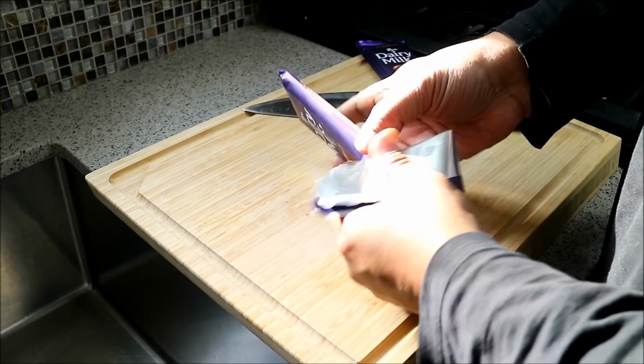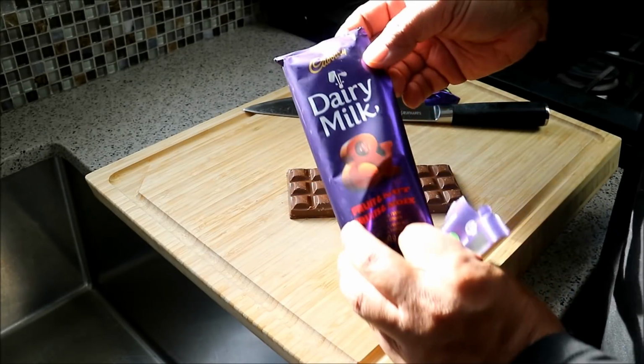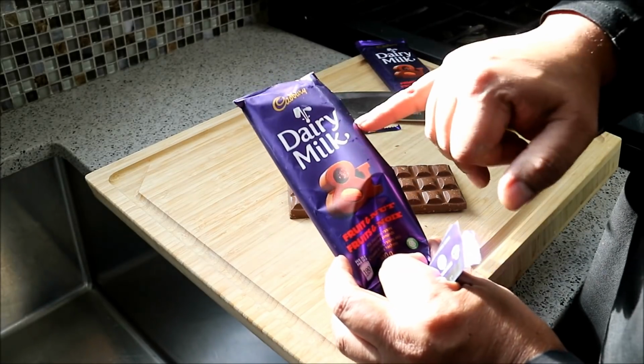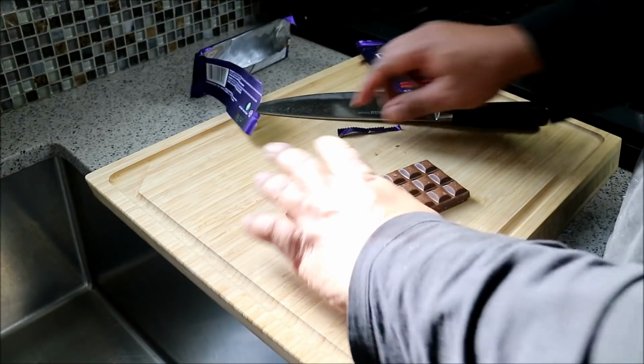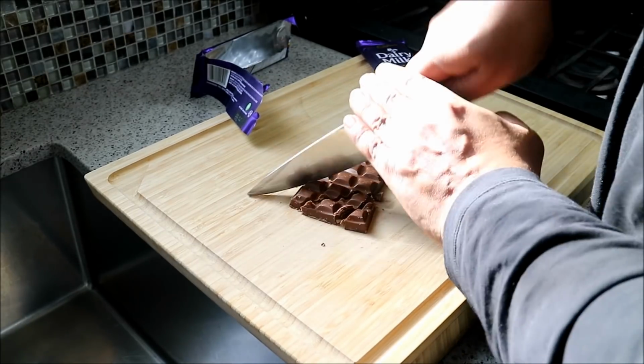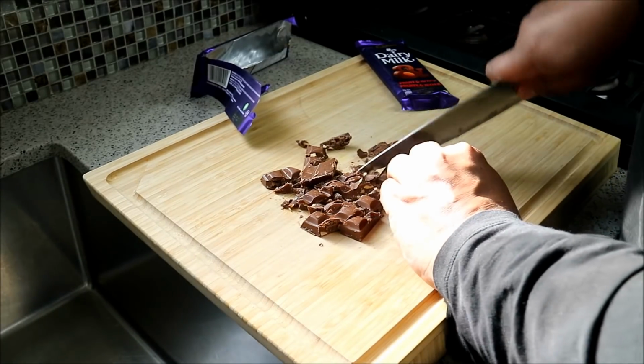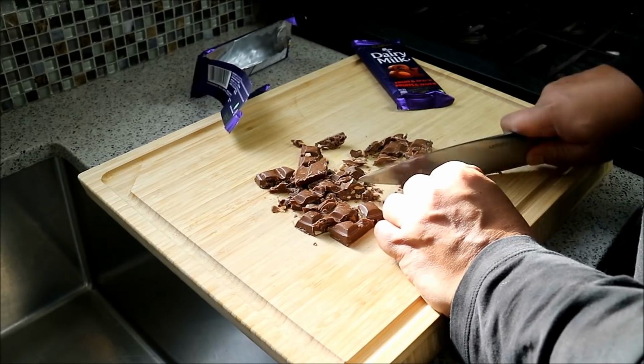And what I've got here is my favorite chocolate bar, Cadbury Whole Nut. It is the Dairy Milk Fruit and Nut. And all we're doing is giving that a chop. Nice. Well, not overly big, but